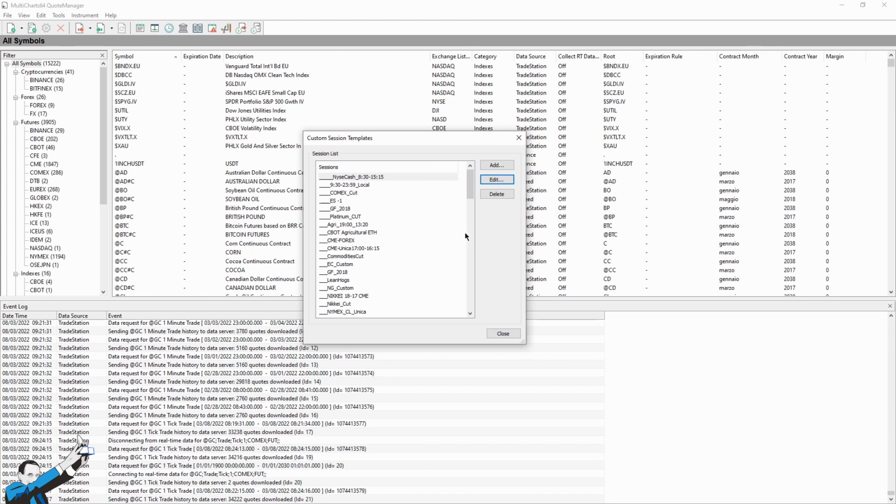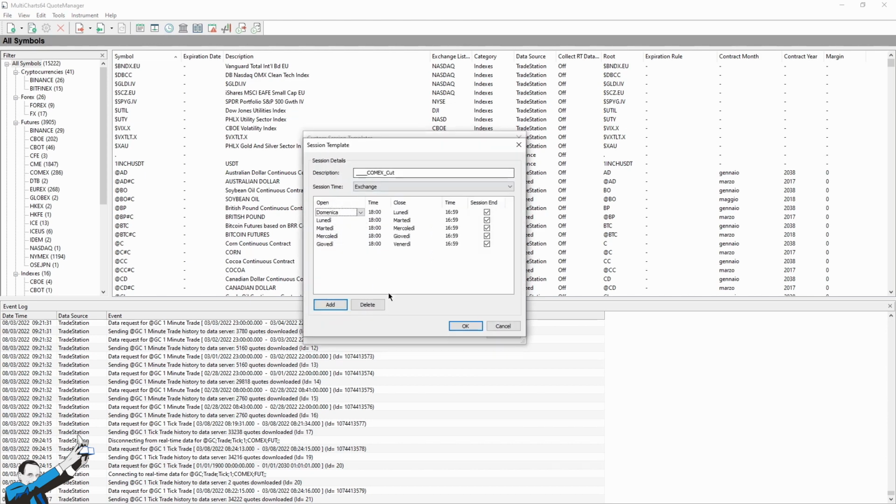As you can see, I have already created it. So click on add and create a session that is the same as this one. So instead of opening the market at 6 p.m. and closing at 5 p.m., we'll close just 1 minute earlier. So for MultiCharts, if I apply this type of session to the chart on which I'd put the strategy, according to MultiCharts, the gold session will close at 4:59 p.m. instead of 5 p.m. In this way, when set exit on close sends the exit order at 4:59, the market will still be open for 1 minute, and consequently we'll be able to close our trades.